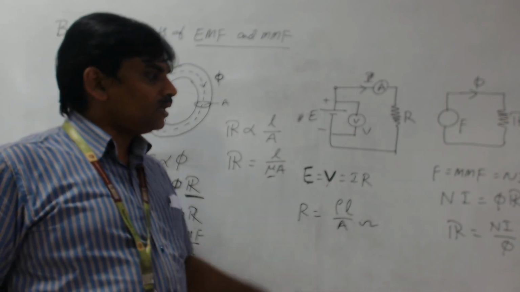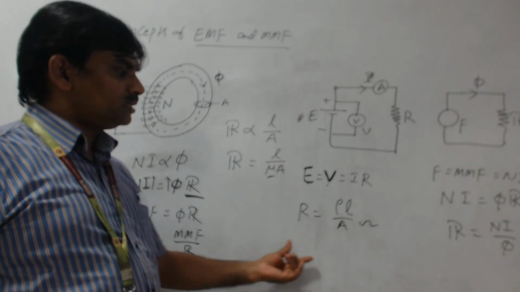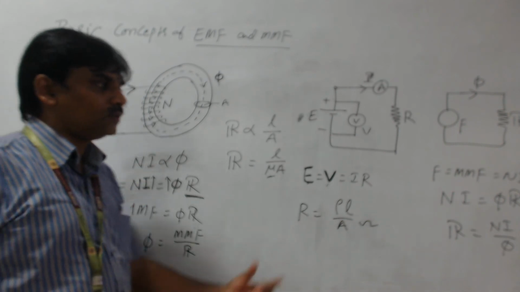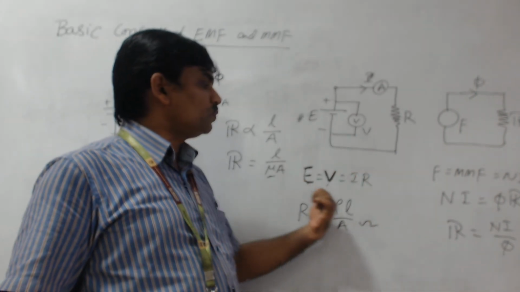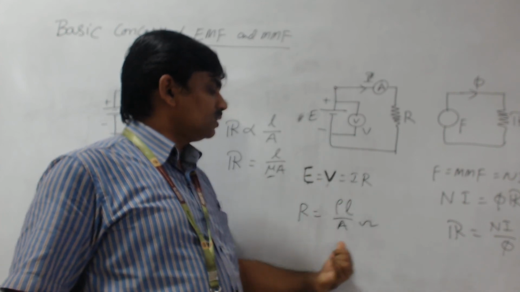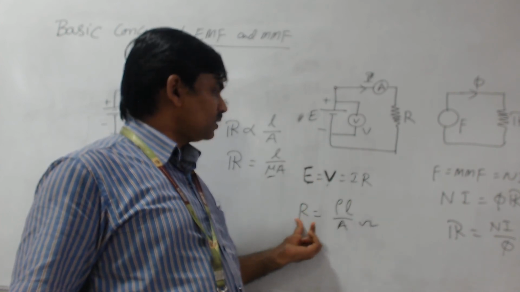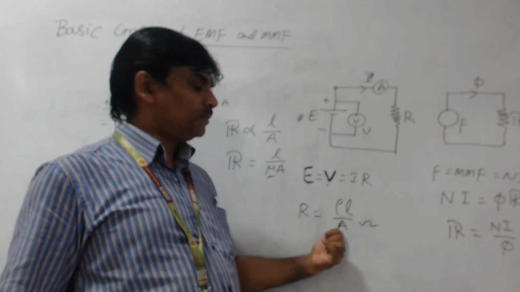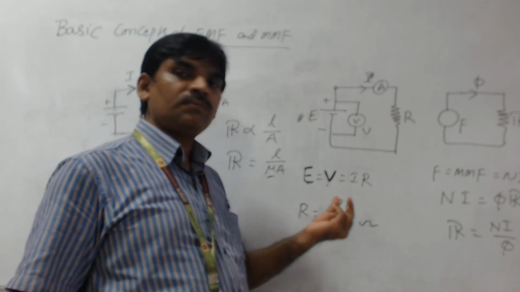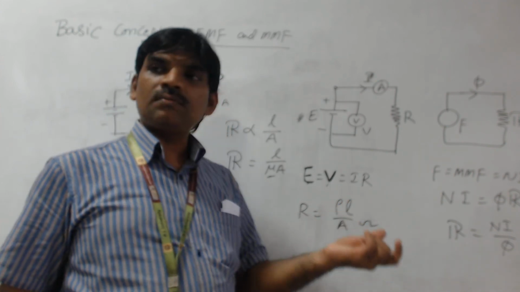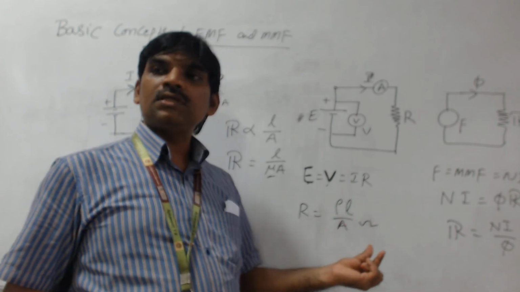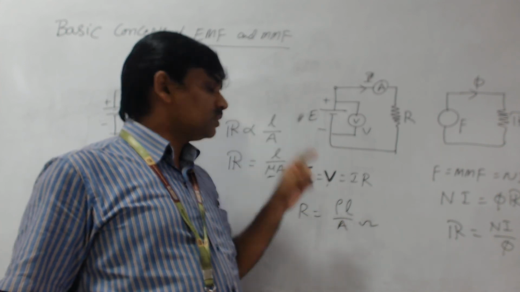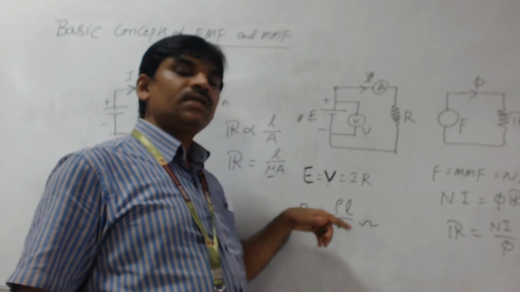After that, we want to talk about some other terminology. In the electrical circuit we know the terms voltage, current and resistance, because we already know Ohm's law. Resistance is the property of the material. It depends upon the length of the conductor, is inversely proportional to the area of cross section, and depends on the material. Gold has some resistivity, aluminum has some resistivity, iron has some resistivity. Copper is a good conductor, and it has a very small resistivity value, so automatically it is a good conductor.